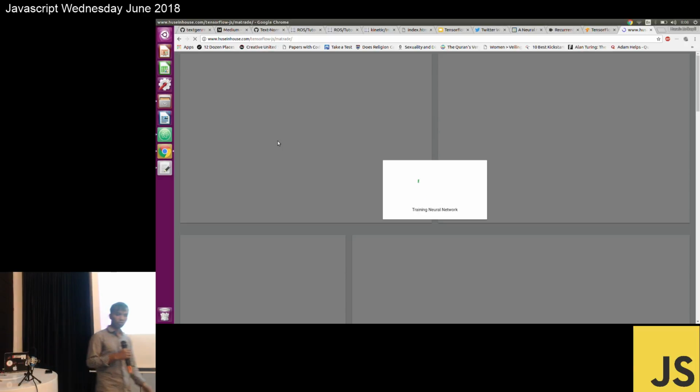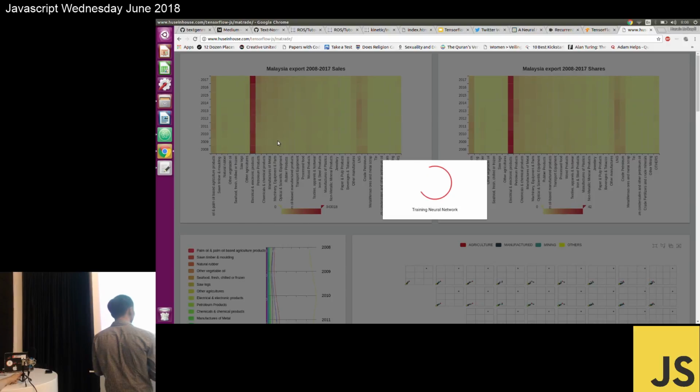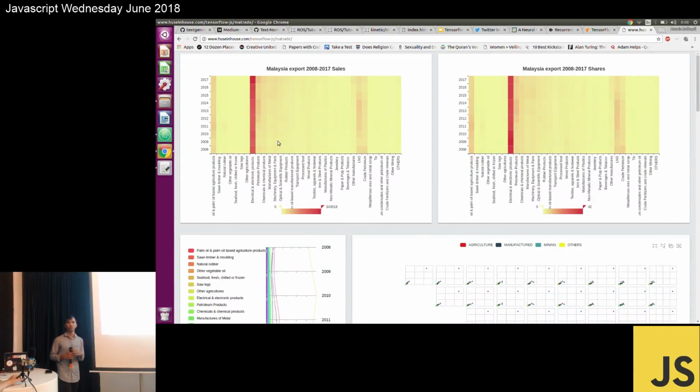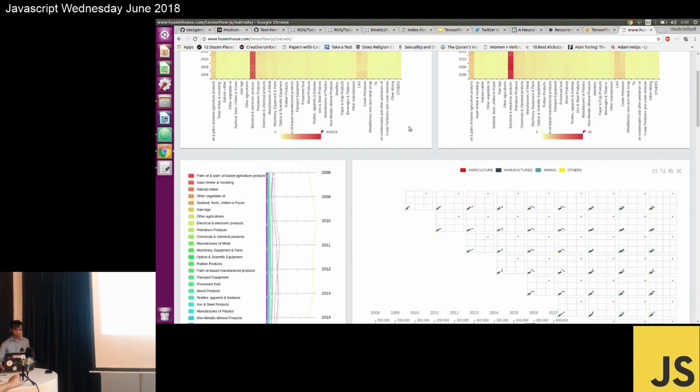Every time I want to code the front end for data visualization, I always ask the data owners, and if the dataset is not open, at least the dashboard is open source, so everyone can see exactly what the data is for import and export. So this is the import export dataset. I just got the annual data for 2008 to 2017. You can see there's a lot of agriculture, palm oil, agriculture products.